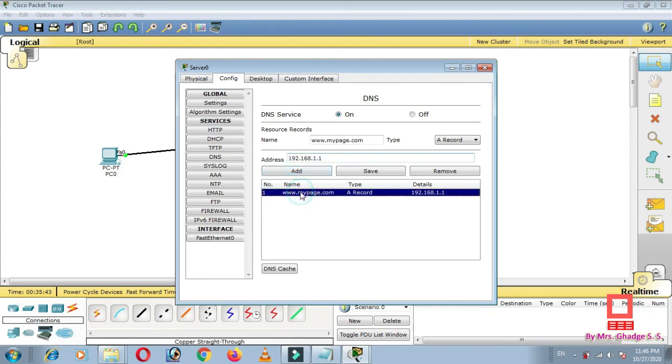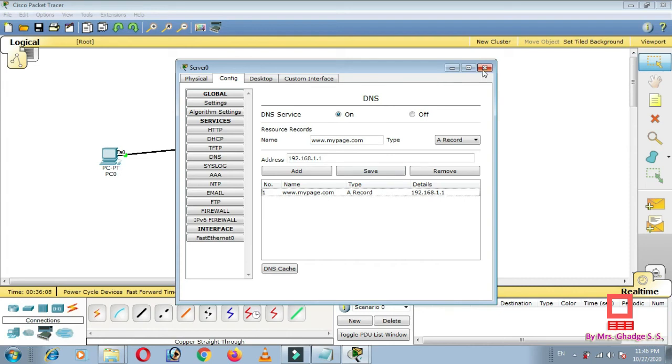So here we will see the record gets added. Okay, that means we have assigned this IP address a name, that is www.mypage.com. Okay, so this name we call a web address. Okay, so let us see how it works.